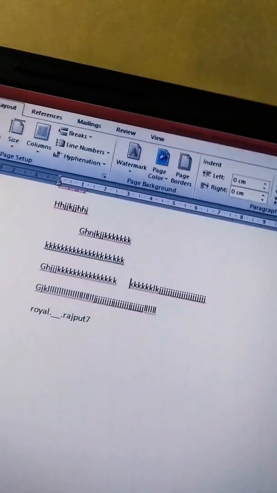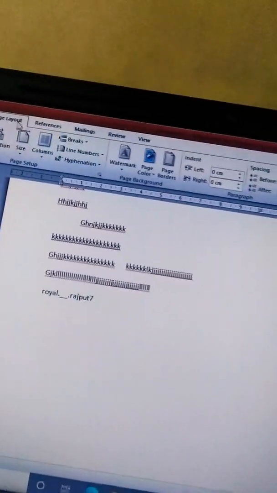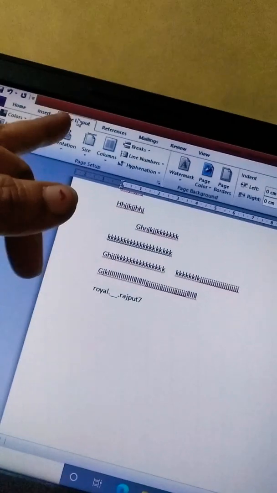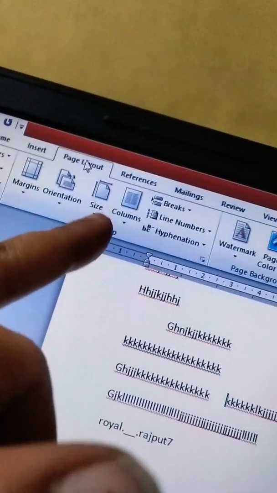Now how will you set your own tab setting? For this you have to move again to the page layout tab. Again you have to go to the paragraph group.